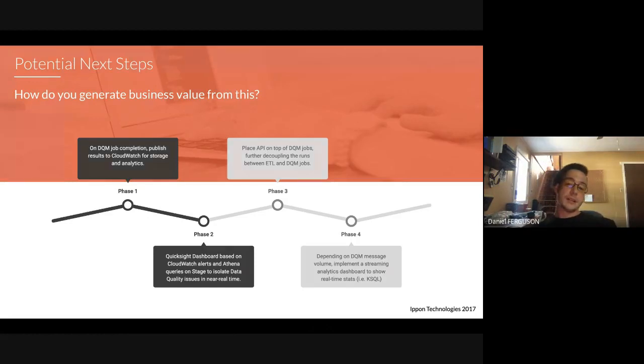Then you could put an API on top of this if you wanted to, allowing you to have some human intervention in your DQM jobs, allowing you to pull data quality reports automatically or on a schedule if you're interested.